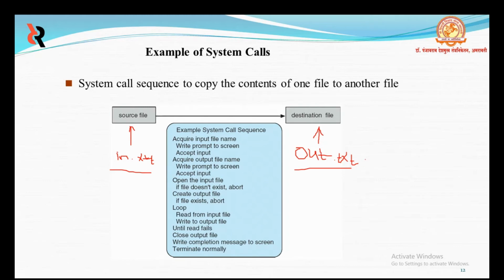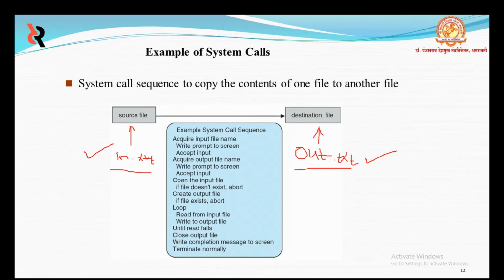The command in Linux, if you consider the Unix or Linux command, is cp in.txt out.txt. That means the content of the in.txt file can be copied into the out.txt file.